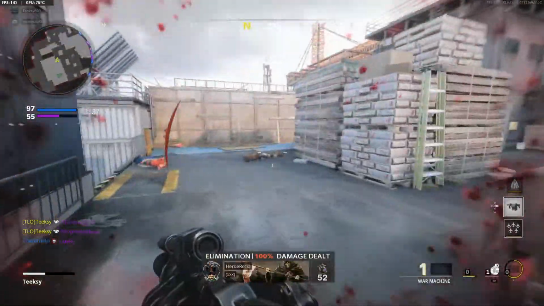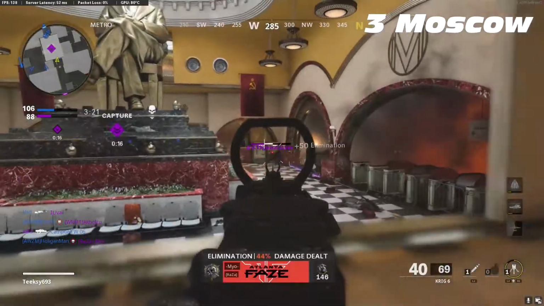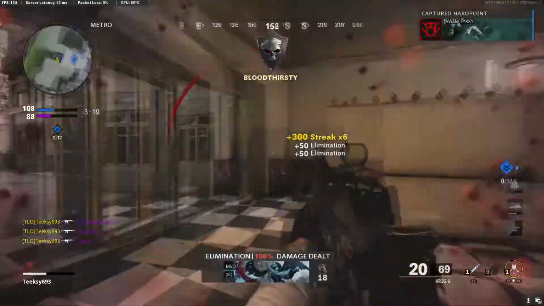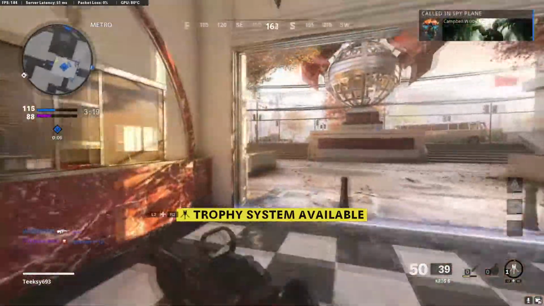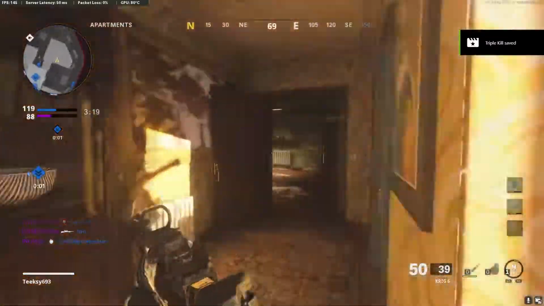Kicking us off in the top 3 is Moscow. Now, I think Moscow is the best original map in the game. I really like this map now. It played so well in competitive, had some really good hardpoint games on this map, and Search and Destroy. And I don't even like Search and Destroy, but obviously in competitive you have to play it, and really enjoyed Search on this map. I think this map flows really well, and it also plays extremely well for Demolition in